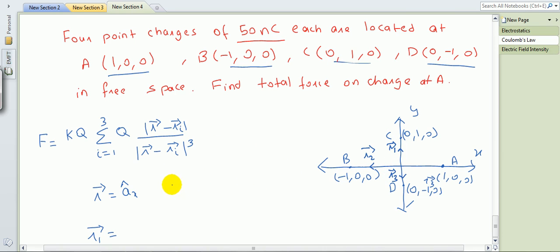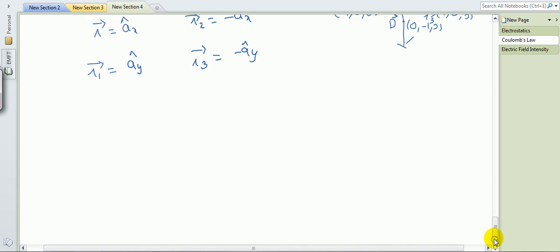So I can write R1 vector. R1 vector will be there, here it is R1 vector. In the X component it will be 0, only Y component, so it will be only a ay cap. And if I write R2 vector, R2 vector will be minus a ax cap, and R3 vector will be minus a ay cap. Now using the formula, if I put the values,